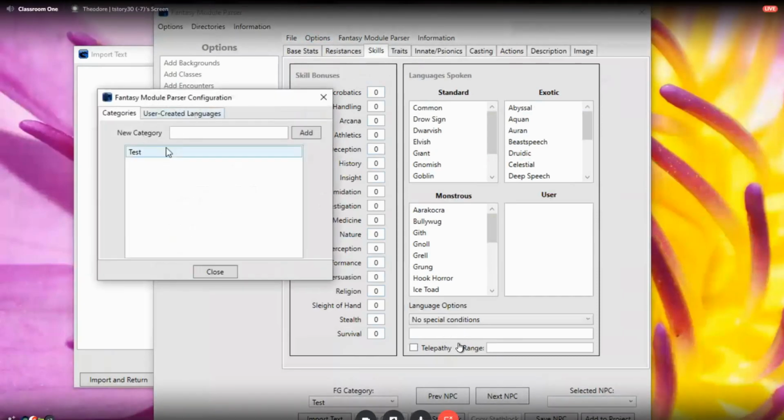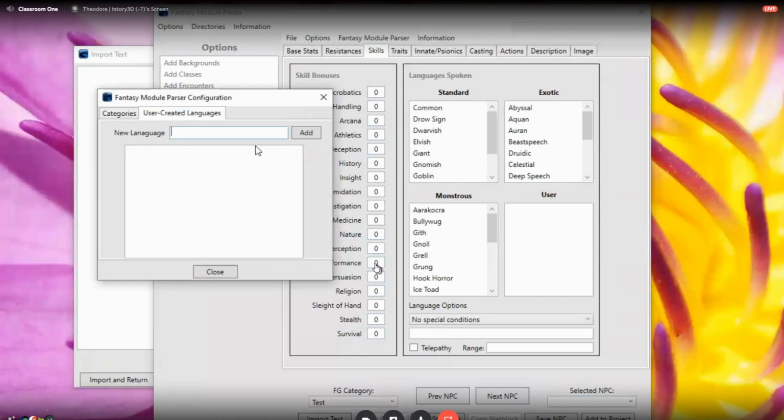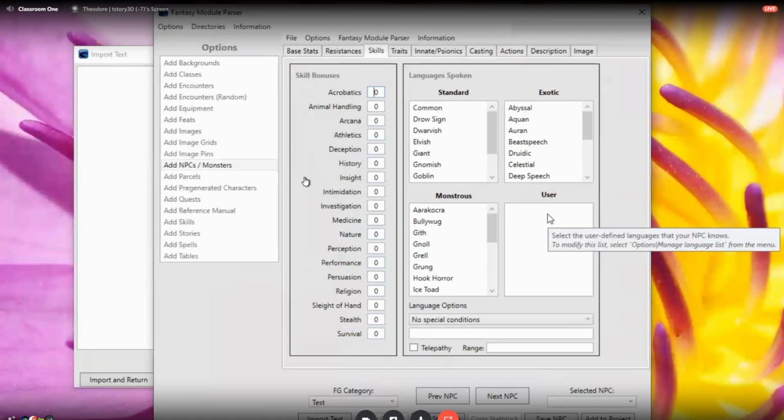Oh yeah, and here you also add your new categories and a new language. Let's just say English. We'll just add basic English. Add, close, and